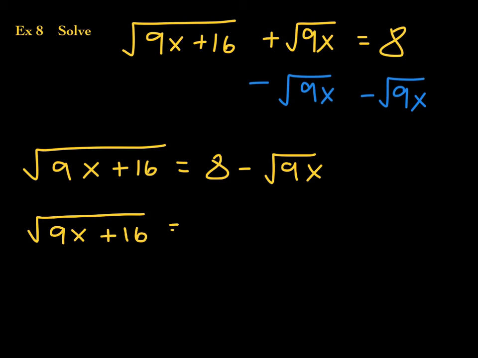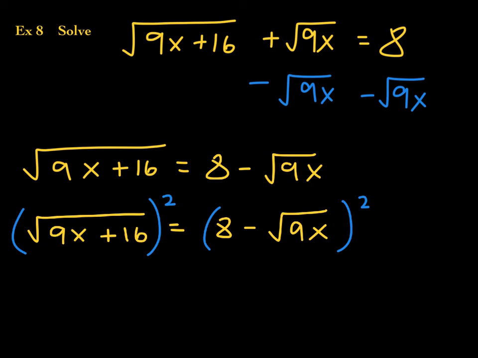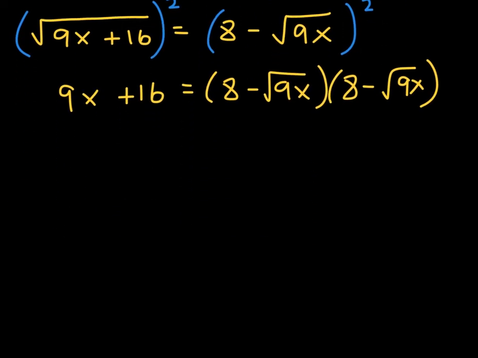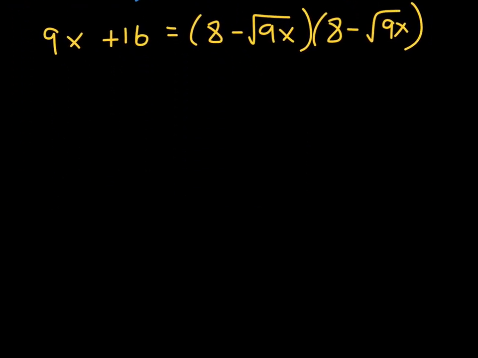Now, in this example, the index is 2. These are square roots. So I'm going to square the left-hand side, which basically leaves me with the radicand. I'm going to put parentheses around the entire right-hand side so that I can square it. Now, the left-hand side is just 9x plus 16, but the right is really 8 minus the square root of 9x times 8 minus the square root of 9x. It is imperative that you write that down correctly and understand how we are going to simplify that